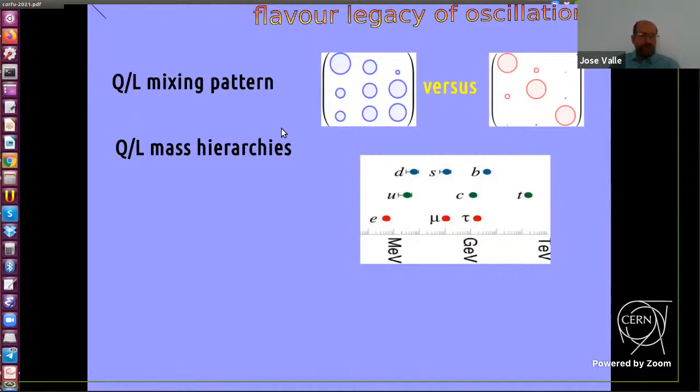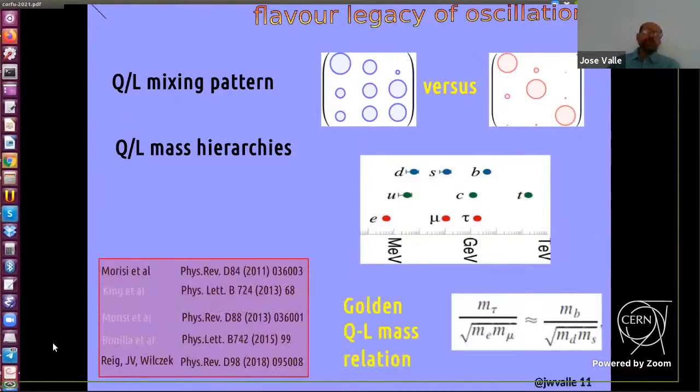So nobody knows how. However, one interesting statement can be made, and that is, from the legacy of oscillation, in trying to understand the structure of the lepton mixing vis-a-vis the quark mixing, one has come up with a whole bunch of new theories of flavor, here indicated in black. None of them is good enough that you can say, aha, this is the theory of flavor, but all of them are interesting. But perhaps more interesting is the fact that all of them, however different, converge into